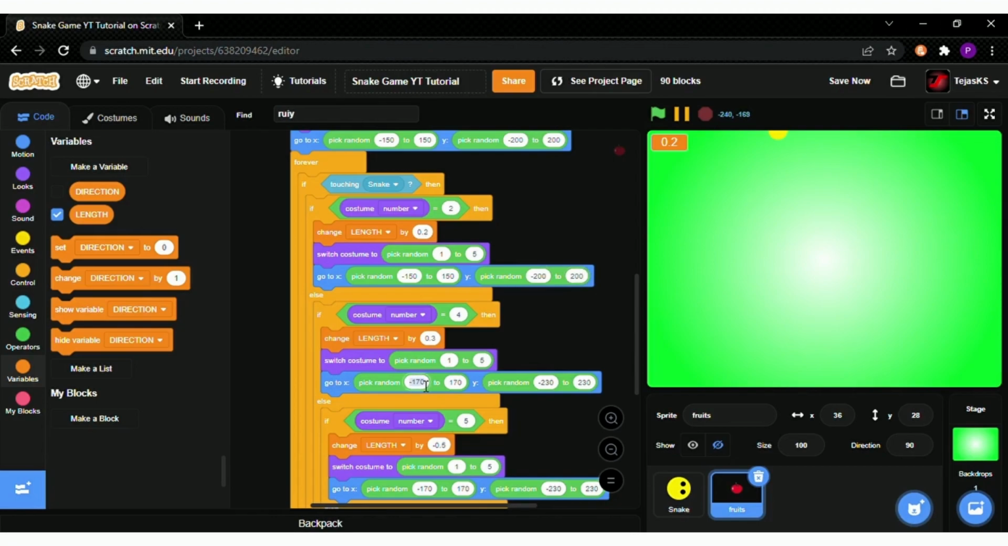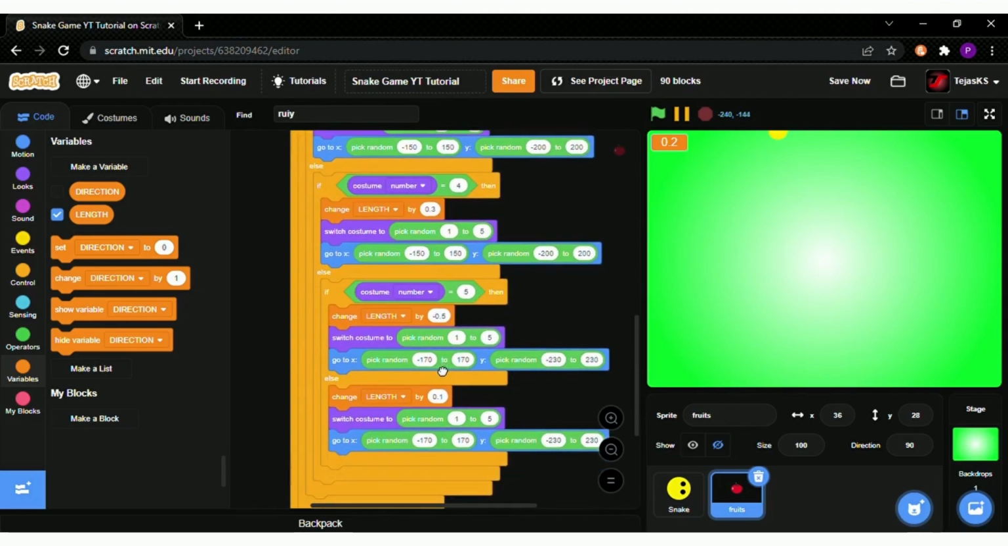And here do the same thing. So everywhere do the same thing. 150 and minus 200 to 200. So we have placed these blocks a lot of times. 150, 150. So after doing all this,